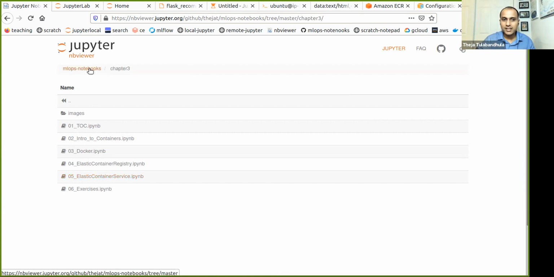Similarly, Kubernetes is an open source technology, and both AWS and Google Cloud provide managed Kubernetes services. On the Google side, it's called Google Kubernetes Engine. On the AWS side, it's called EKS, Elastic Kubernetes Service. So they are just replacements for Elastic Container Service.